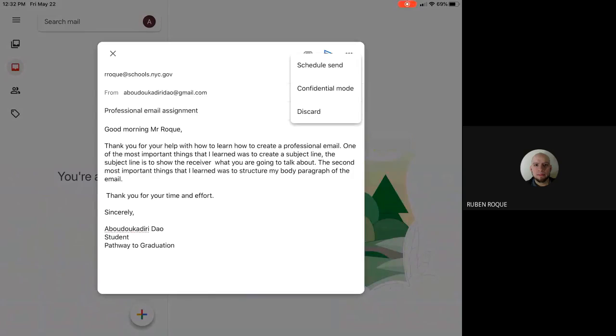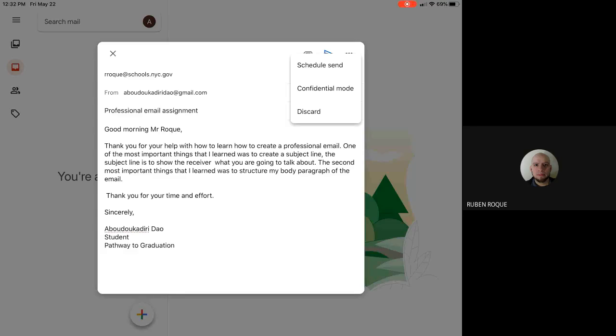Let's say you want it to be for 9 a.m. the next morning, especially to a professor or a teacher. You could always schedule it if you want to. But for this one, blue arrow when you are good to go. And that will be the submission for that part of the assignment.